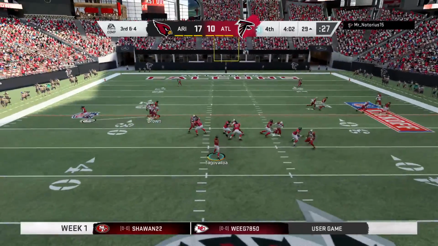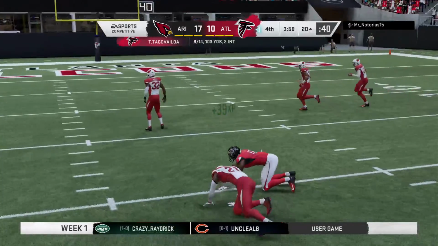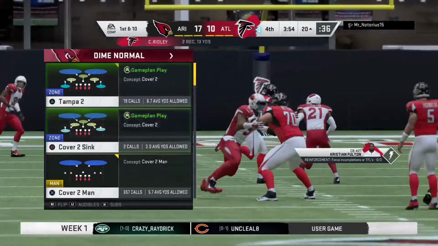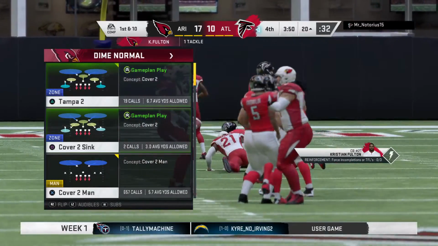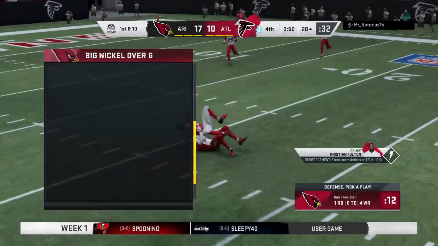Out of the gun now on 3rd down. And he's got a man, Calvin Ridley. And he will have the first before he's brought down right on the chalk of the 20. So that'll get him the first down as they get 9 yards out of that quick slant. 1st and 10 at the 20-yard